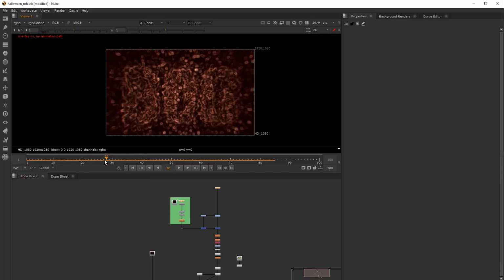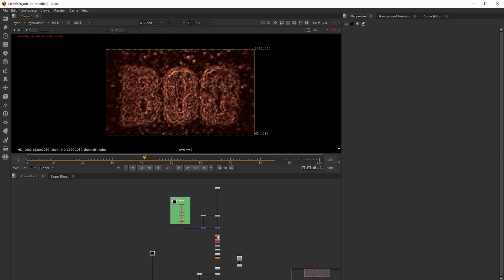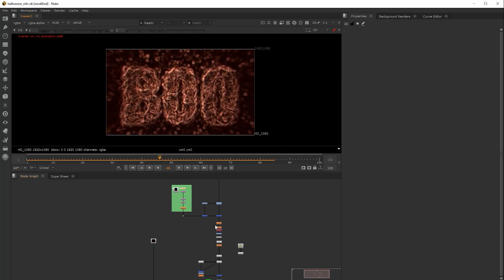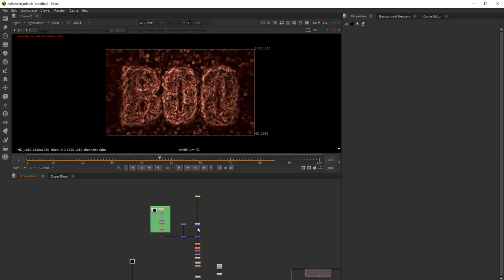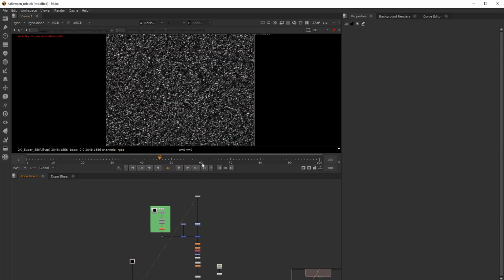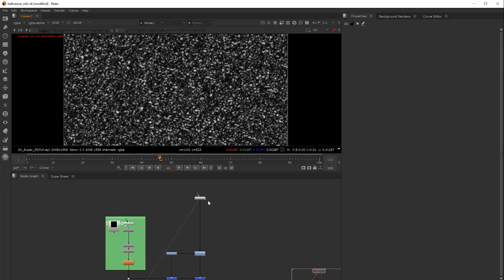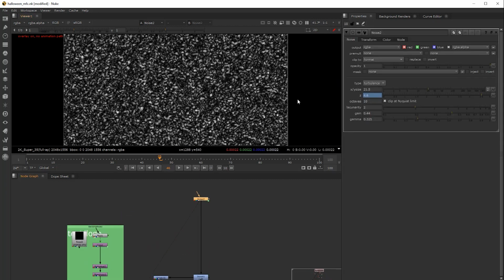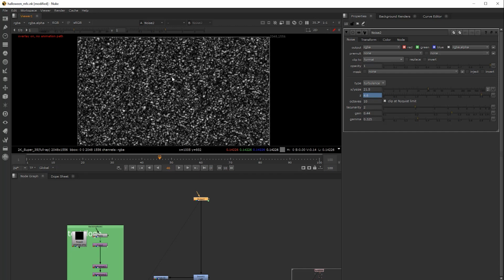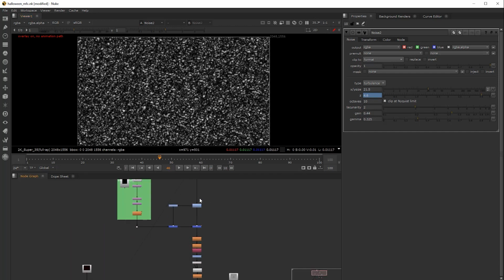Again, you can just take something out of this and maybe elaborate on it and create something that is definitely better than this. Boo. Anyway, the interesting part is that it's all a procedural setup and it starts with a noise. So I just create a noise. This is basically driving